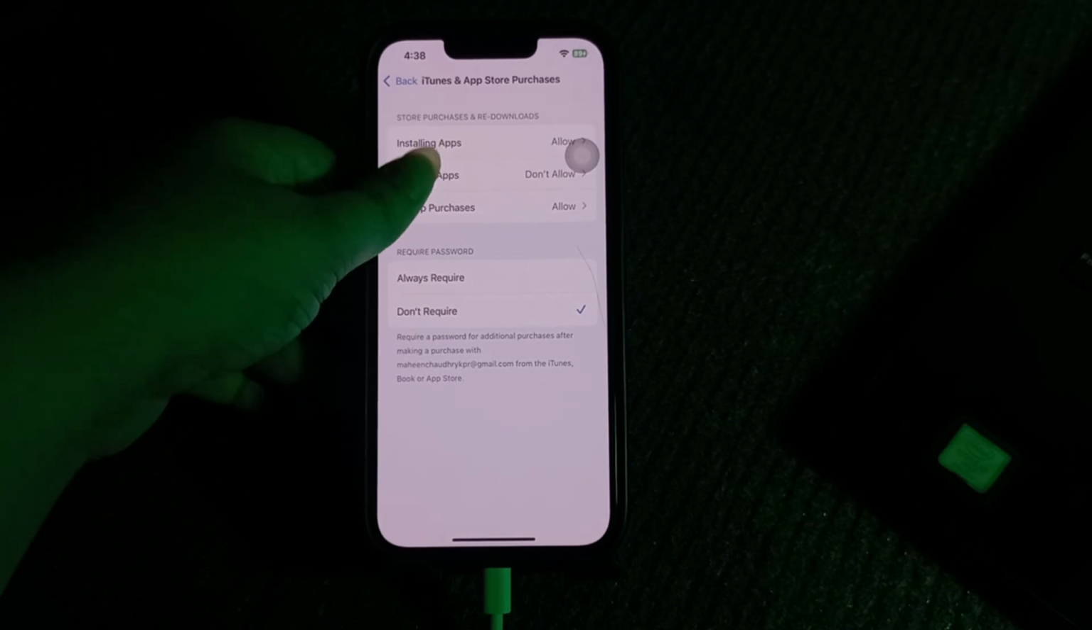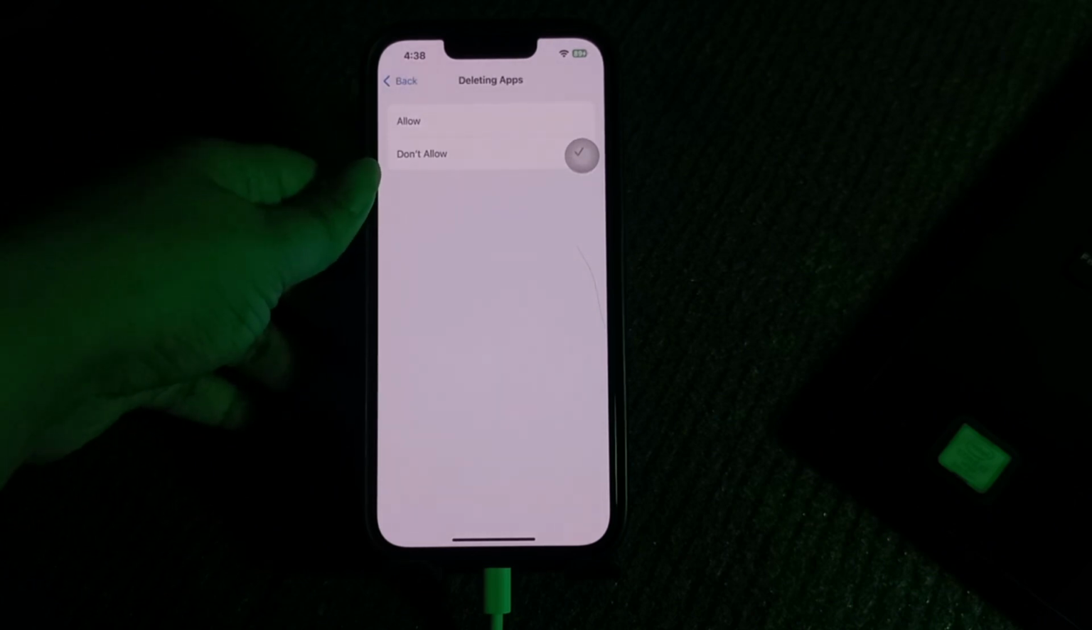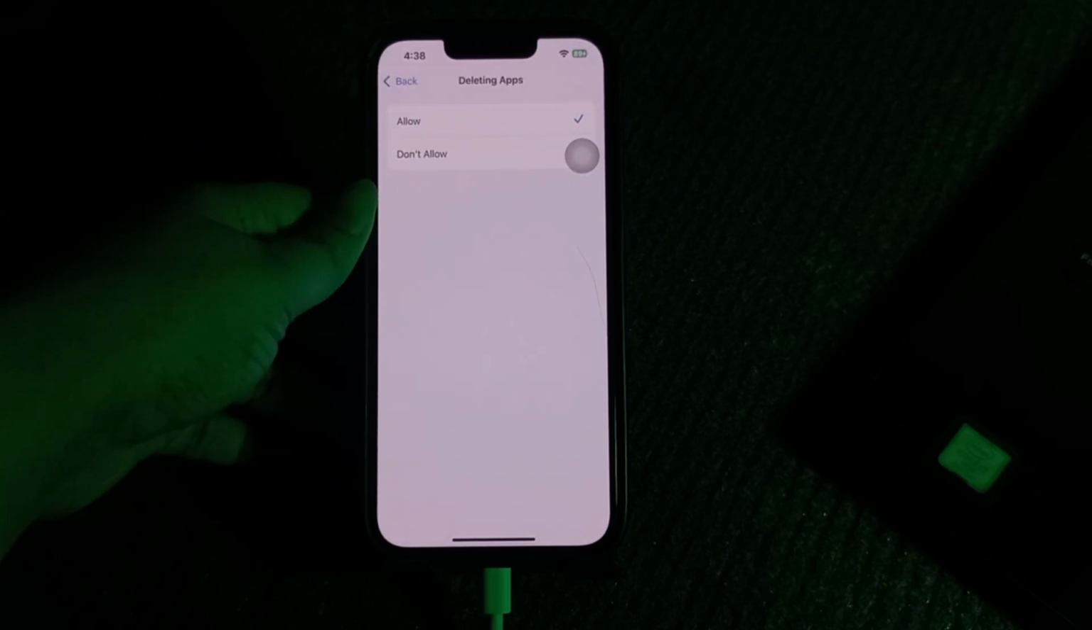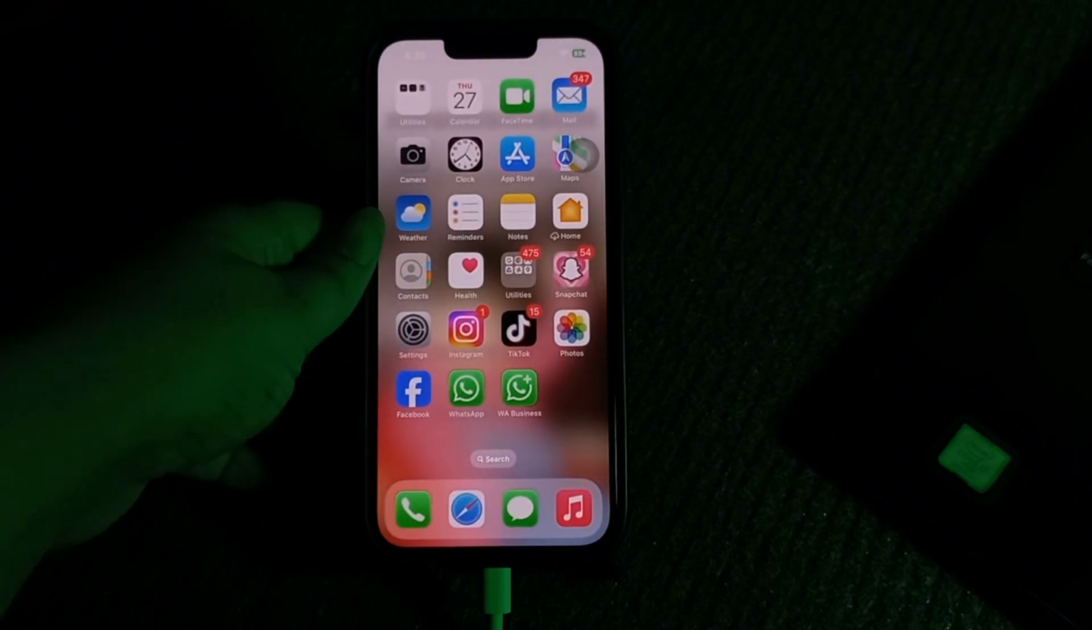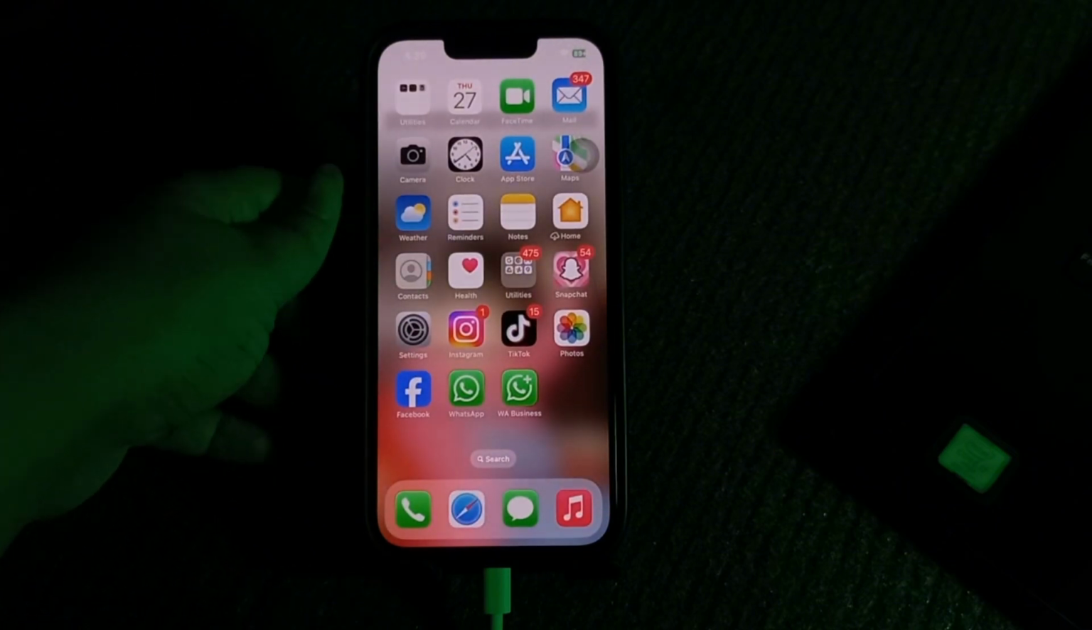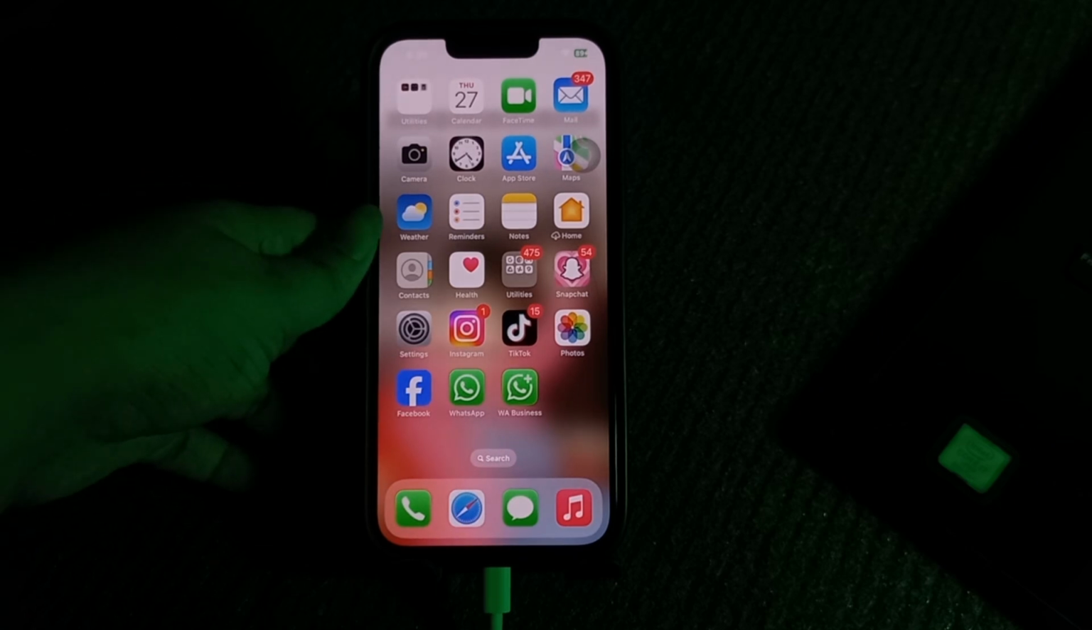Tap on deleting apps and then select it to allow. You will see a blue check mark appear next to allow. Now leave the settings app and try deleting apps again. Most of the time this is all it takes to fix things when you can't delete apps on an iPhone or iPad. If you still can't delete apps on your iPhone,